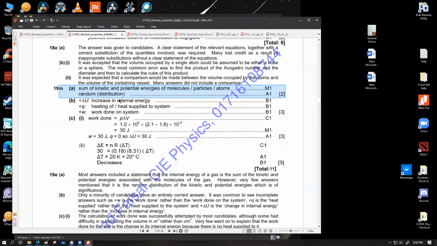Different particles are going to have different values of kinetic and potential energy at the same time instant, but the total internal energy at any instant would mean the sum of all the random kinetic energies and random potential energies. ভ্যালুগুলো যে র‍্যান্ডম হবে এই কথাটাও তোমার ডেফিনেশনের মধ্যে ইনক্লুডেড থাকতে হবে, ওইজন্য ওই একটা ওয়ার্ডের জন্য আলাদা করে একটা মার্ক দিছে।